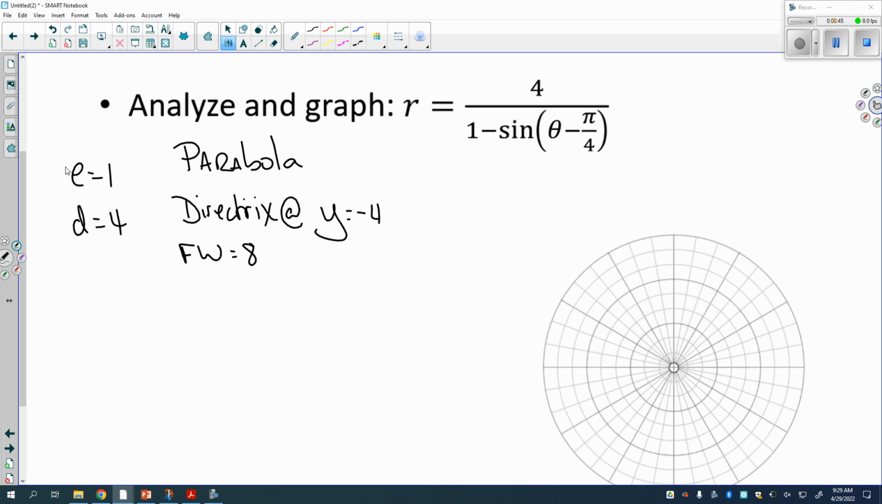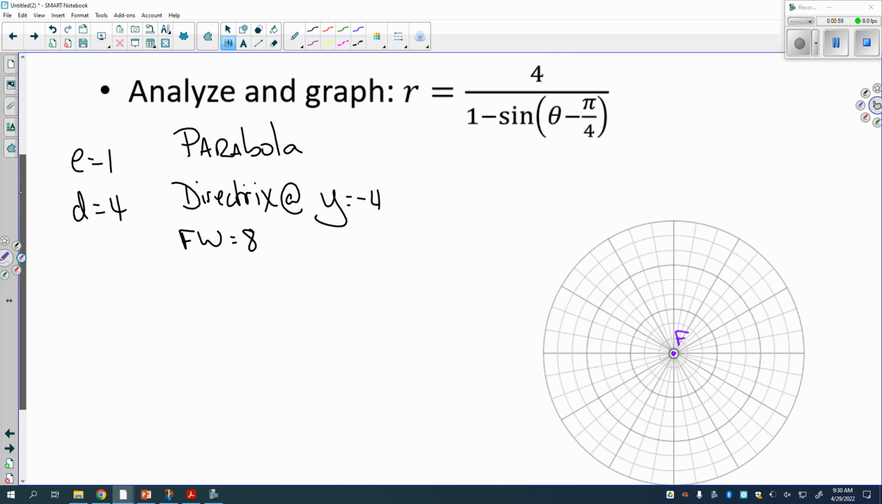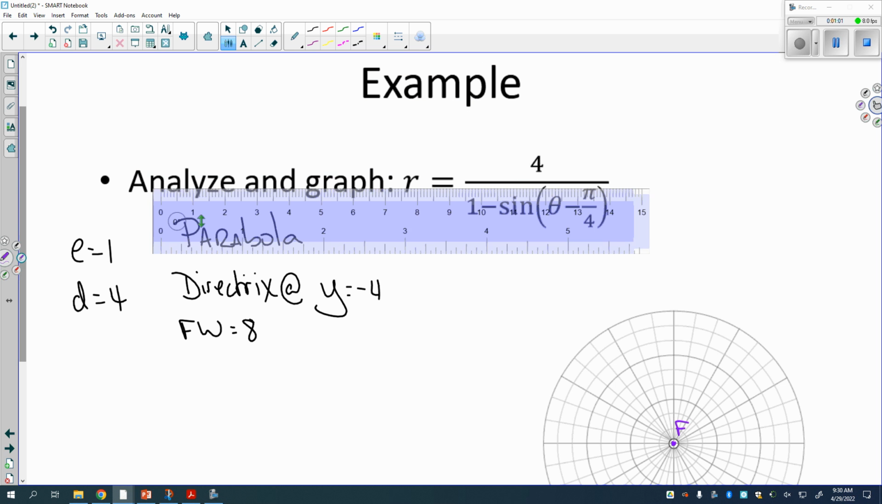And I can start this off just like normal. If I went through and did this, the focus is right here at the center, or the pole. The directrix is at y equals negative 4, so if I put that on there,